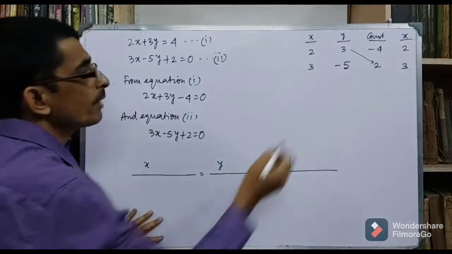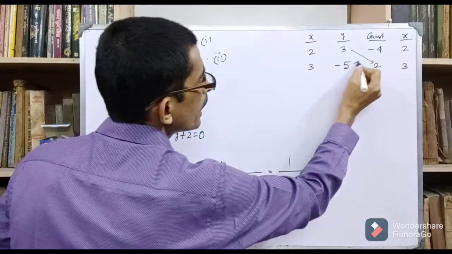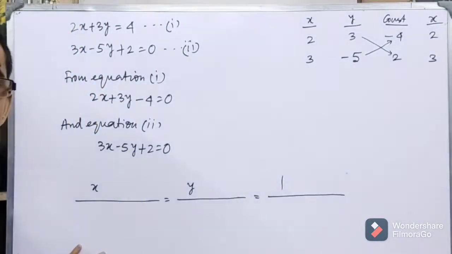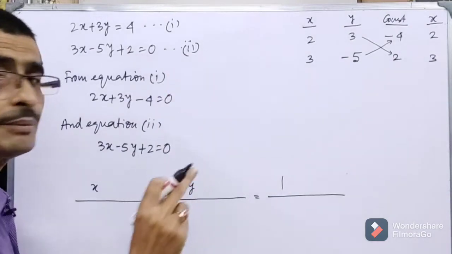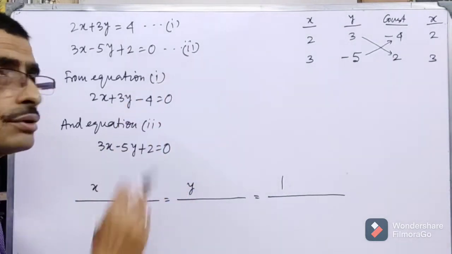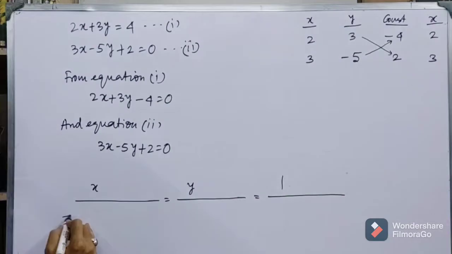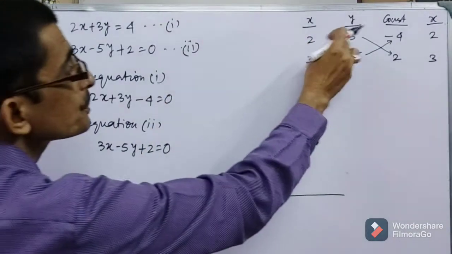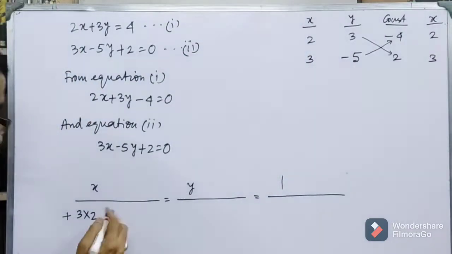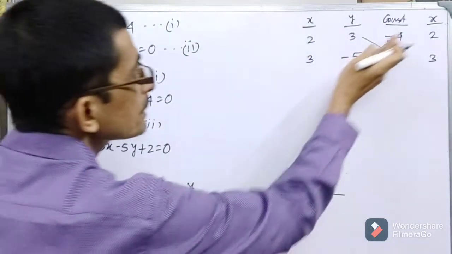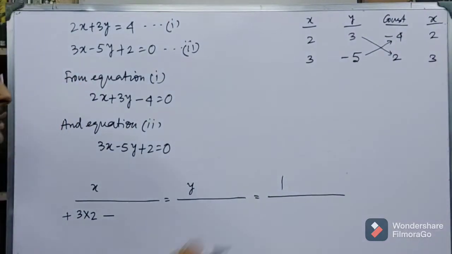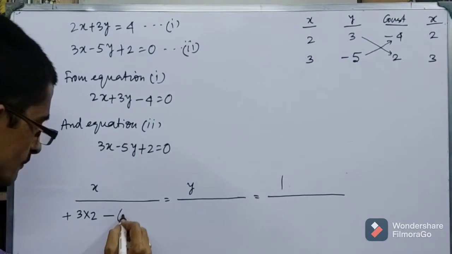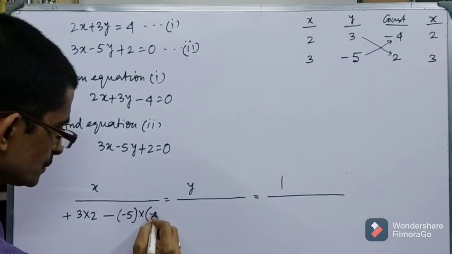Next step is to multiply these two and multiply those two. Downward arrow, when the arrow is downward, multiplication will be written after plus sign. These are always positive. Plus 3 into 2, then minus sign for the upward arrow, and multiplication will be with their proper signs, that is minus 5 into minus 4.